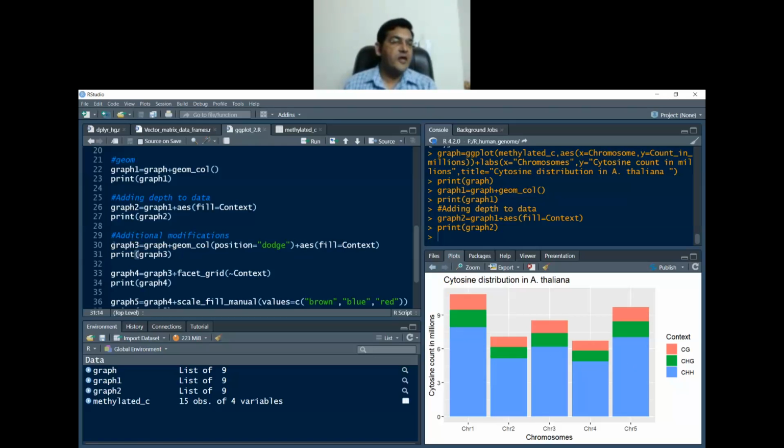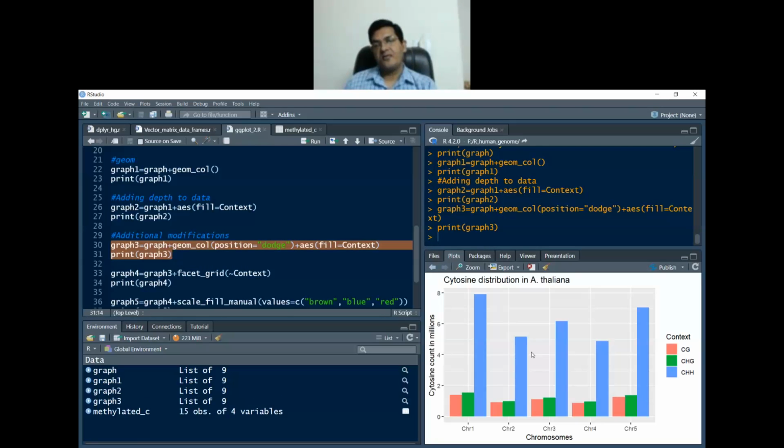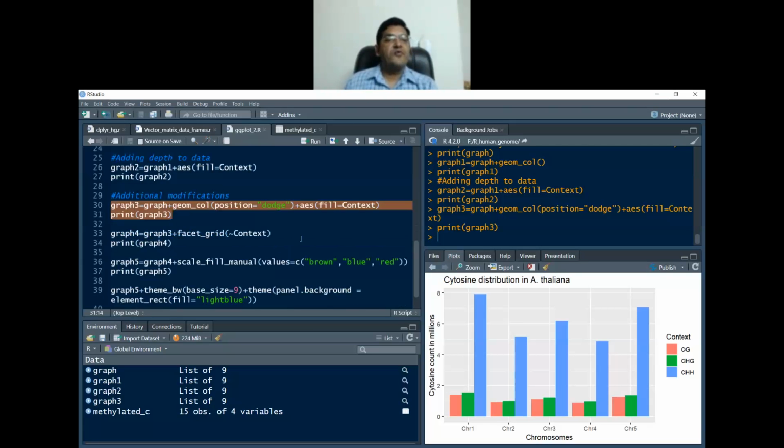So let's run this and let me show you how this works out. You run this here and there you are, right? So this is now chromosome 1, CG context, CHG context, and CHH context. Likewise for chromosome 2, chromosome 3, chromosome 4, and chromosome 5, right? Then if you want all the CG context together for all chromosomes,